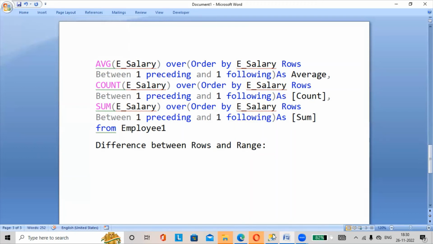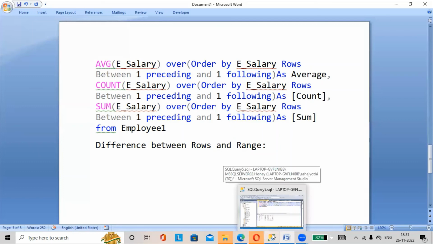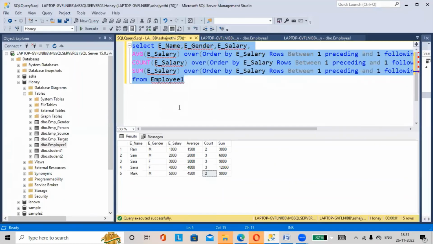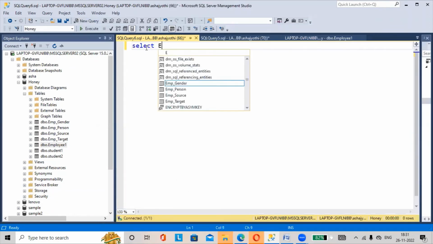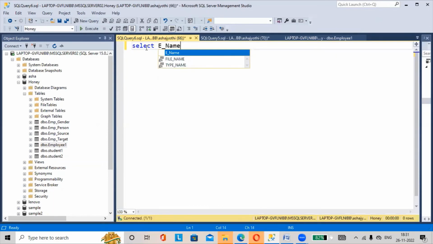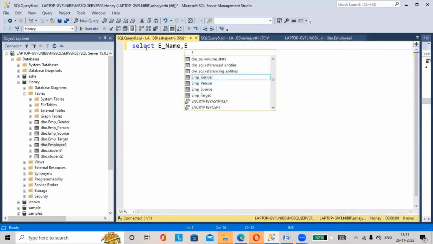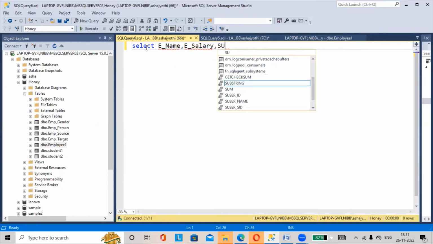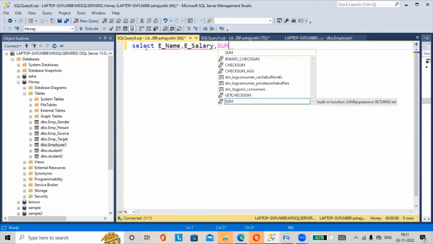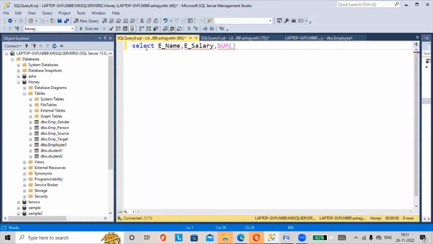Let us check once. Here we'll go. One new query we will select here. First we'll solve one. Select e-name, comma, e-salary, comma, sum of e-salary